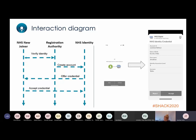into that staff member's wallet that confirms some of those things. So confirm their name, potentially their date of birth, the fact that they have been through that identity assurance level, so we can say, yes, Bob has been through this, you don't need to do it again, it's all good, somebody somewhere has done it, you don't need to worry about who, you don't need to worry about how, it's good, we trust this person. They don't need to rock up with their smart card physically to tell you that, we can tell you that